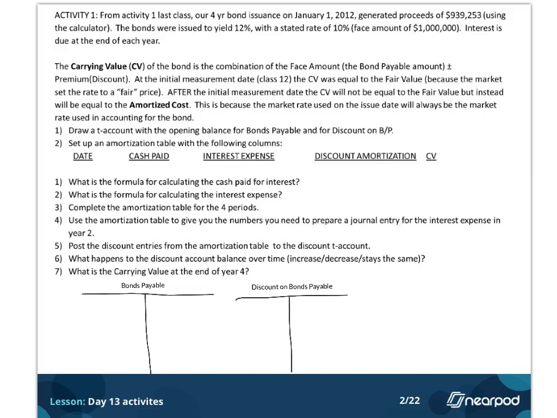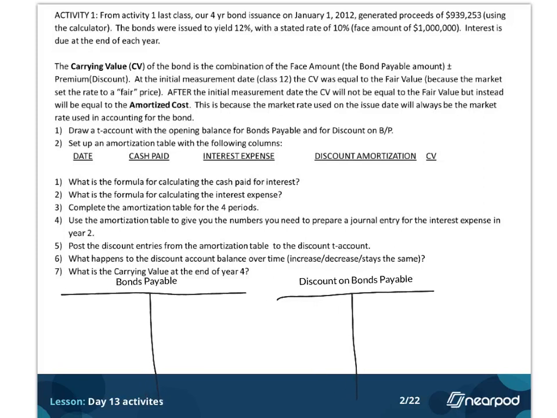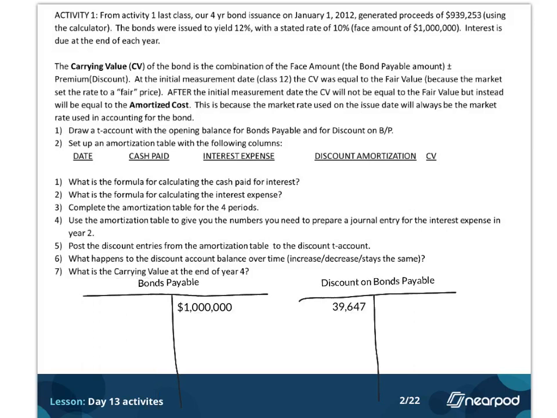You'd have your bonds payable and your discount on bonds payable, and there aren't any amounts there, so let's get the amounts and put them in. You would have the credit for bonds payable for the face amount, and you have the discount, which, as you recall, is the difference between the $1 million